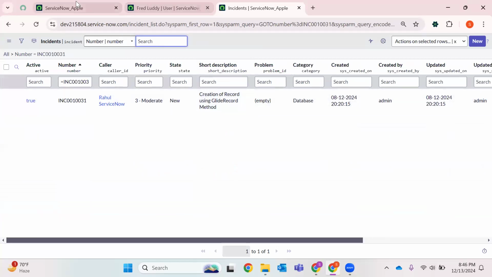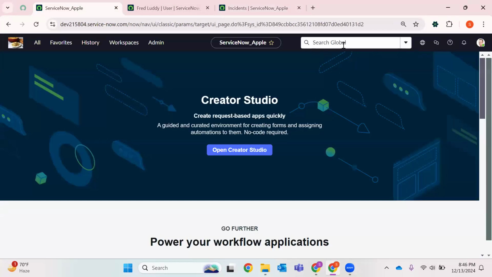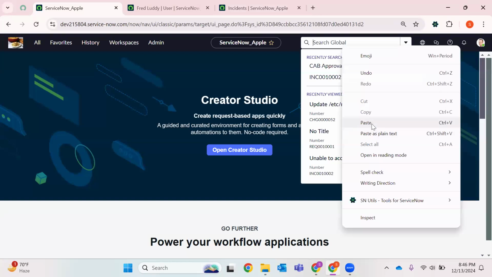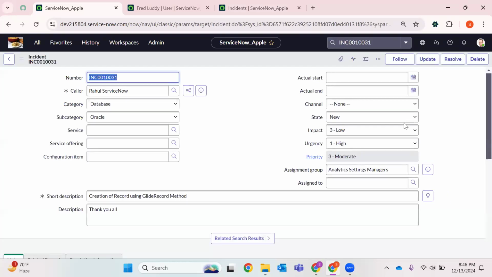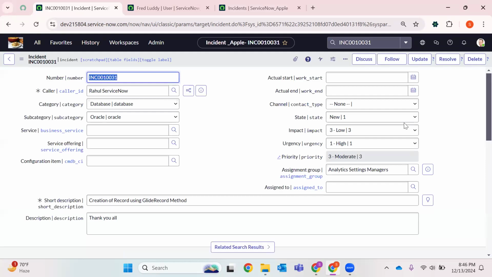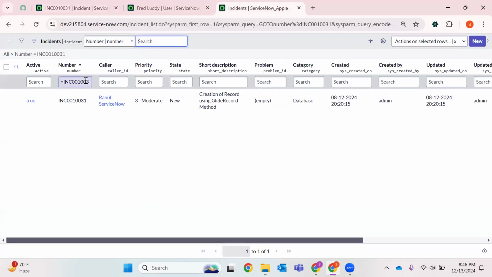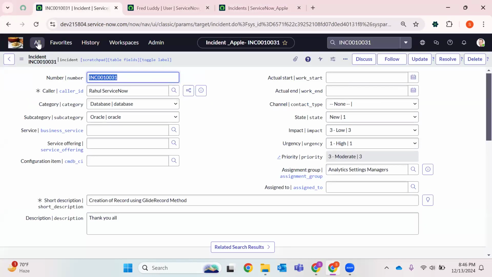See, and there is another way. This is a global search. You can paste any record information. It could be incident, it could be problem, it could be request, it could be anything. This global search is for searching all the global records. In the incident table, you can search only incident records. You cannot paste a problem record. First, suppose if you want to